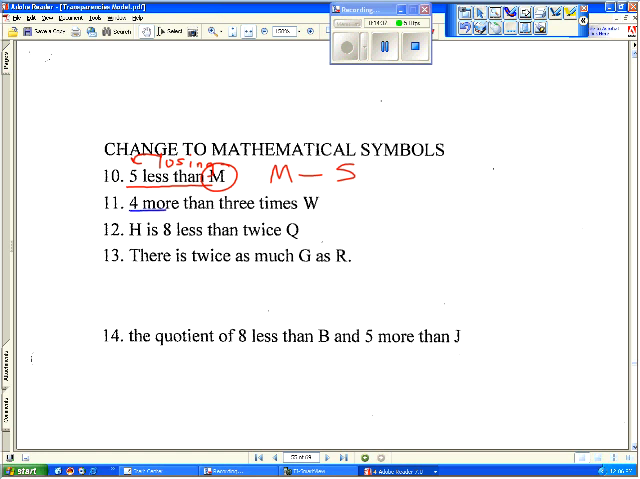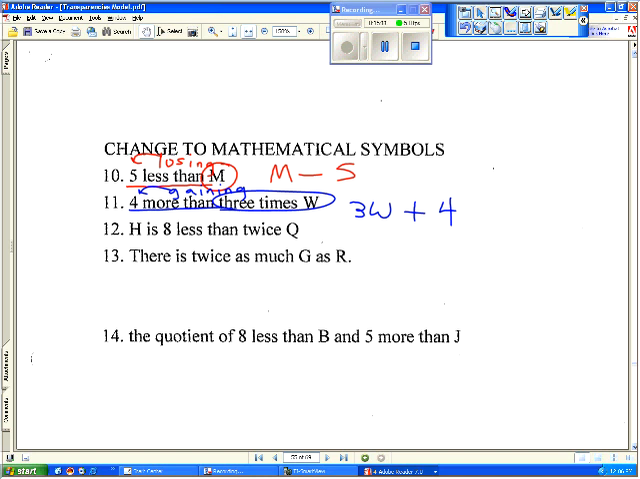4 more than. 4 more than means that I am gaining. What am I gaining? 4. And so it's a plus, and where does the 4 go? After the plus, because that's what I'm gaining. What goes before the plus? What I started with, and what did I start with? 3 times W, 3W. You see we got that? So we went from a one-operation expression to a two-operation expression,